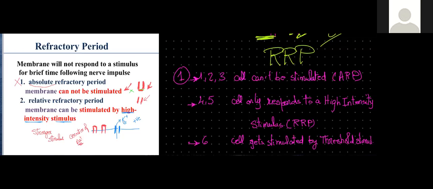How about in a relative refractory period? In a relative refractory period, this is going to be during late repolarization and hyperpolarization, which you already have closed the sodium channels, so you can't open them. You can't open them now. They are already closed. But at the same time, you need to put into consideration that you're leaking potassium outside